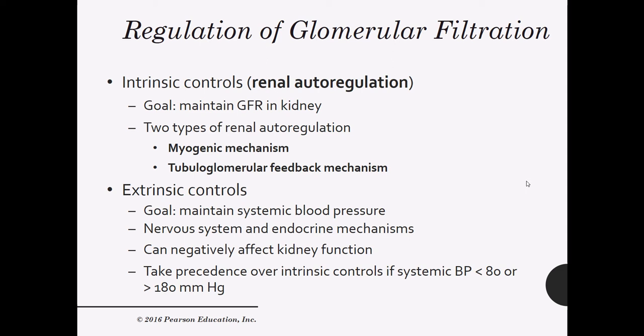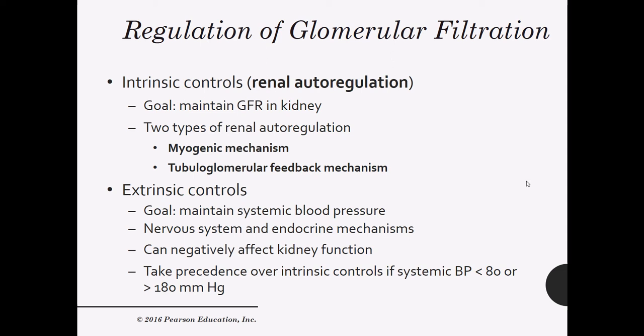These use the JGC. Their goal really is to make sure and maintain that constant GFR. And that's really what they're concerned with, is just maintaining GFR. Now, the extrinsic goals are the nervous and the endocrine systems influencing the kidneys to maintain blood pressure. And the nervous system and the endocrine system are more concerned with maintaining blood pressure than maintaining proper functioning of